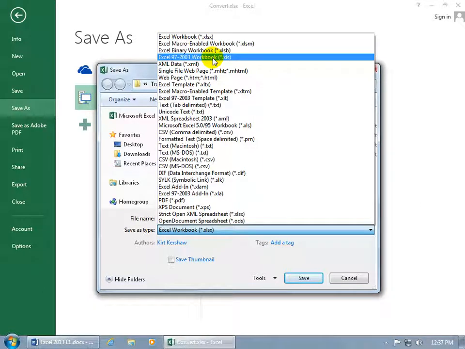But that's not the point. If somebody has an earlier version of Excel that's in the range of 97 through 2003, then go ahead and select it and save it. If not, then you don't need to convert it, just go ahead and send it to them,